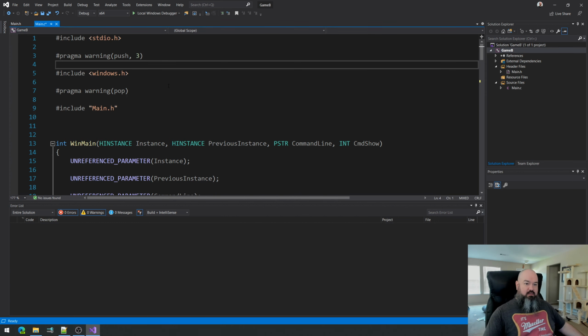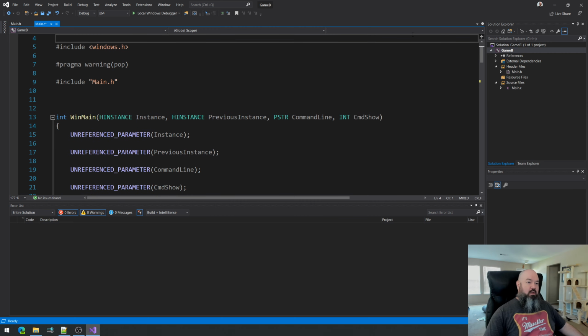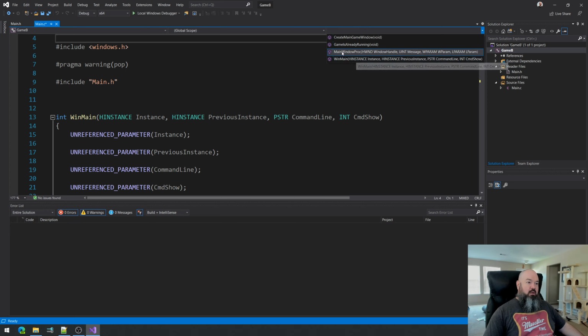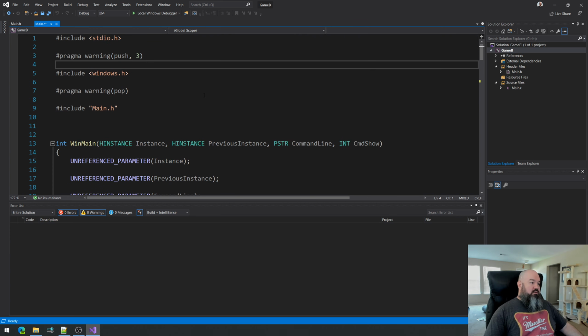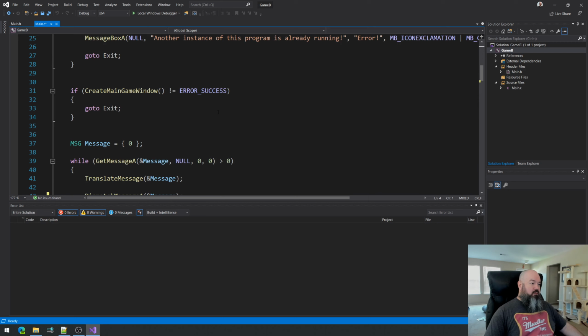I've got our solution open here, game B. You can see I've got 4 functions. There's our win_main, there's our main window procedure. We've got our game is already running function that we created last time, and we've got our create main game window function that we created last time. So the first thing I want to do is,